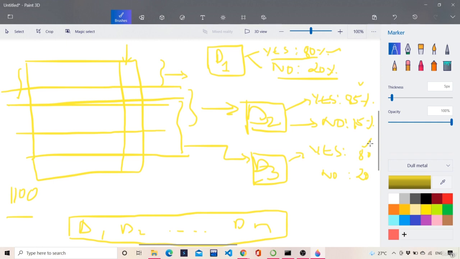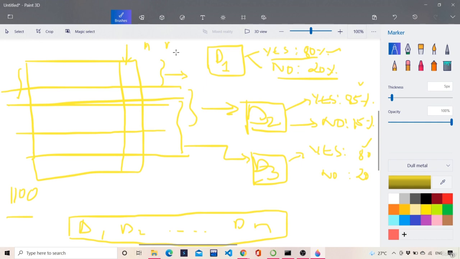But in case of regression, what will happen? In case of regression, we will do the mean. Let's say the actual price was something XYZ, and the price predicted by this decision tree on this sample was something like DEF. So we will find the mean absolute error of that, and we will pick the decision tree which is giving us the least mean absolute error, and we will finalize that. So this is the whole idea of the bagging technique, that is nothing but bootstrapping plus aggregating. So this is the entire working of how a random forest algorithm works.